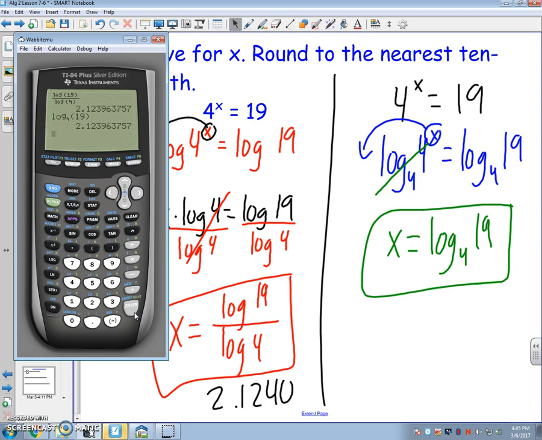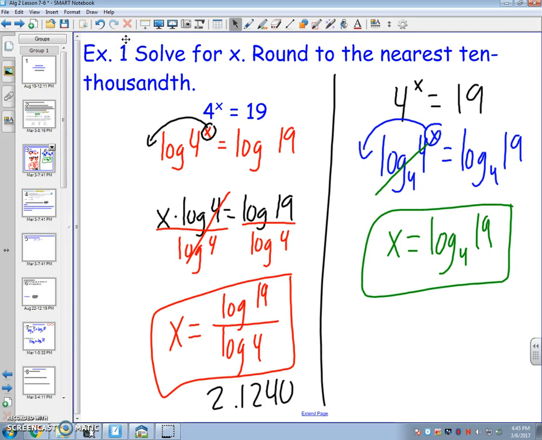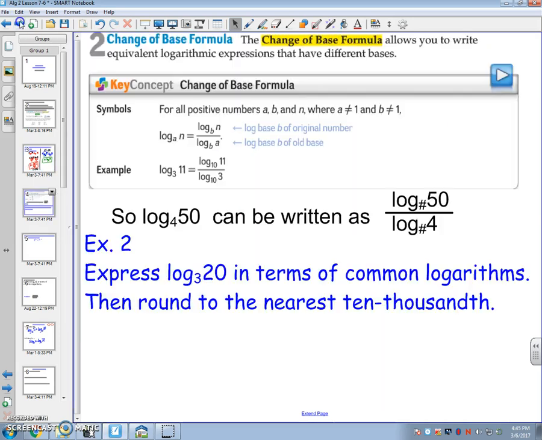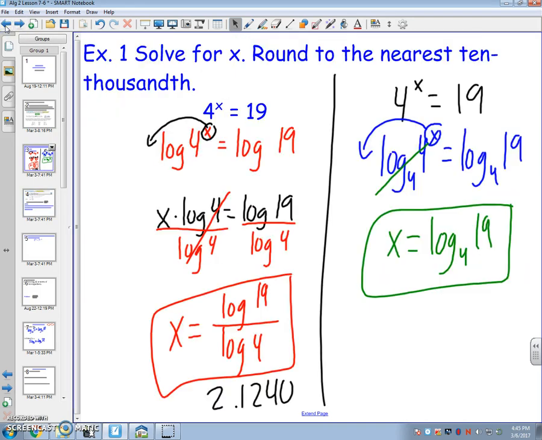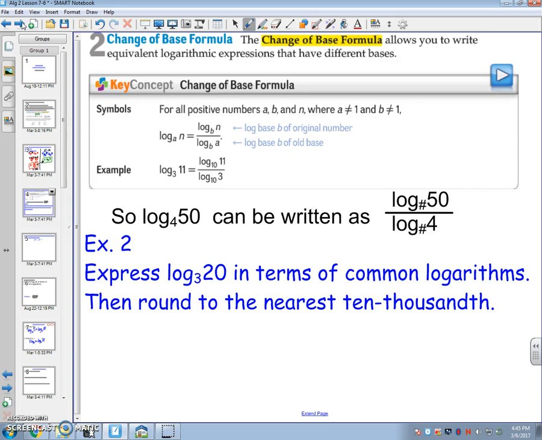So the left side's common logarithms. Use that if we don't have a calculator, if we can't change the base. You just want base 10. But I like the right side better. All right, since they're the same thing, these two things are the same. That is actually another thing. It's called the change of base formula. If you have this thing right here, you can rewrite it as this thing. Whatever that number is goes on top, whatever the base is goes on bottom, and you pick any